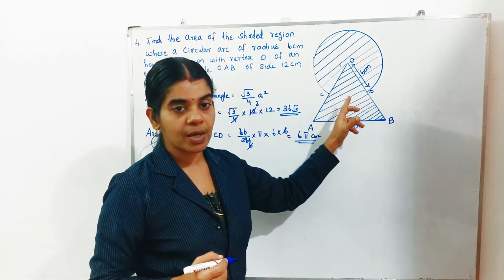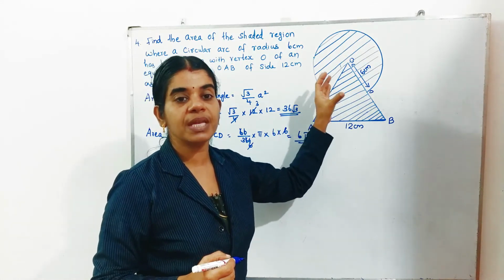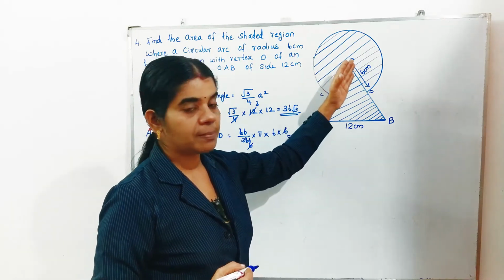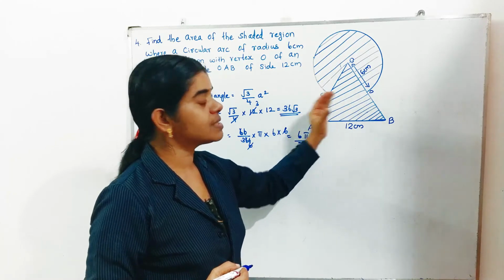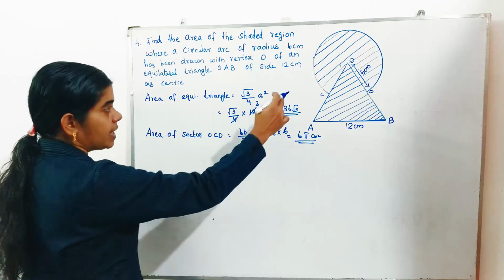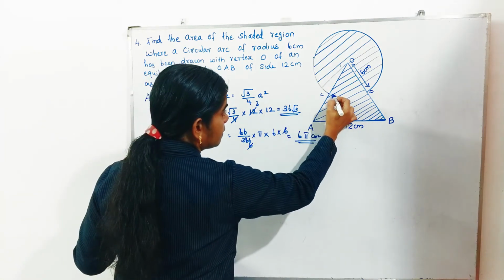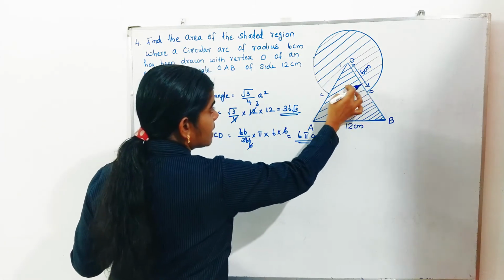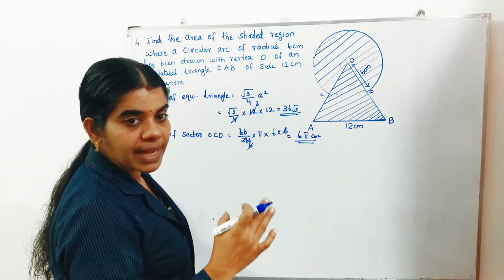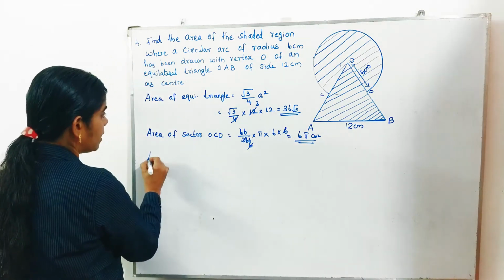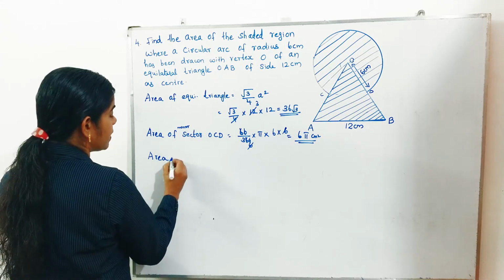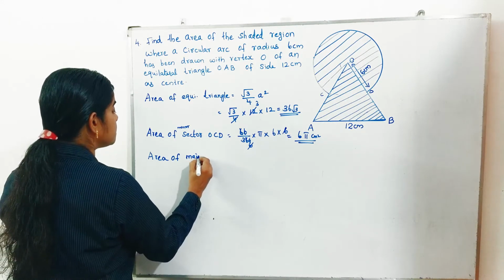Now we found the area of the minor sector. Actually we needed the area of the major sector. The remaining part, major sector, plus this equilateral triangle, you will get the area of the shaded part. If you complete this, this will be the minor sector. Area of the circle minus minor sector, you will get the area of the major sector. Area of this will be the minor sector. This will be the area of the major sector.